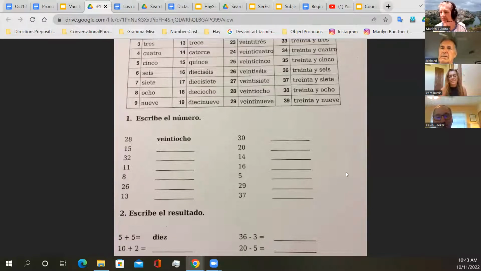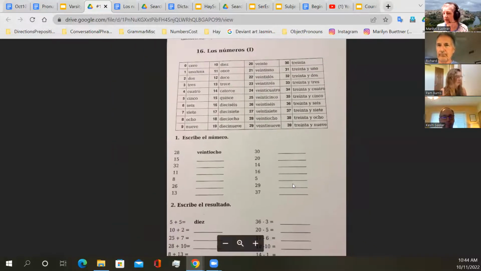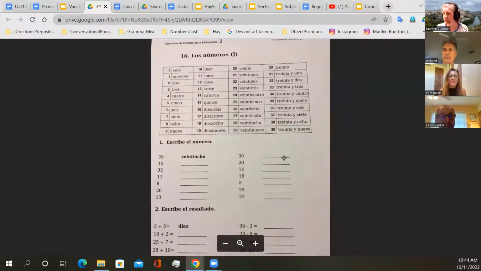14. 16. 16. Bien, sí. 5. 5. 29. 29, sí. 37. 37, but fast. 37. Right? 37. Okay, bien. Sí. And if you want to practice the bottom section together, you can kind of do that